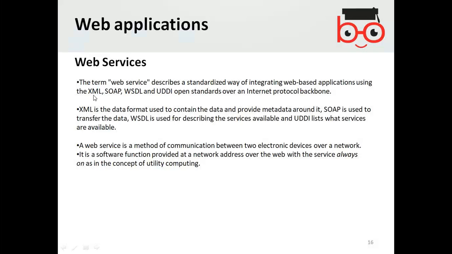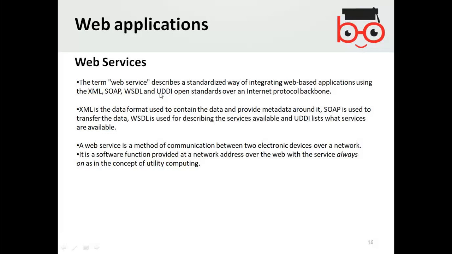Your requirement travels in the form of XML and is sent to the service providers using the simple SOAP protocol, Simple Object Access Protocol.